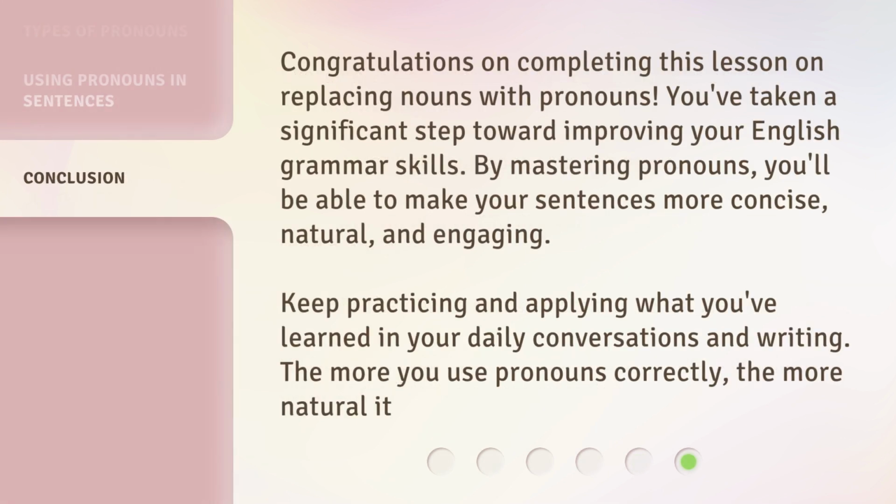Congratulations on completing this lesson on replacing nouns with pronouns. You've taken a significant step toward improving your English grammar skills. By mastering pronouns, you'll be able to make your sentences more concise, natural, and engaging. Keep practicing and applying what you've learned in your daily conversations and writing. The more you use pronouns correctly, the more natural it